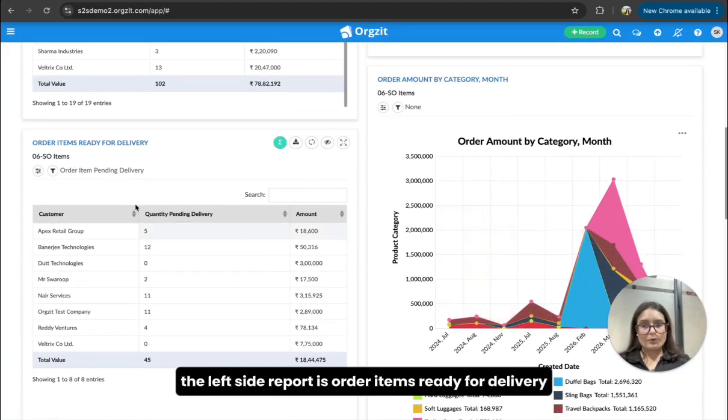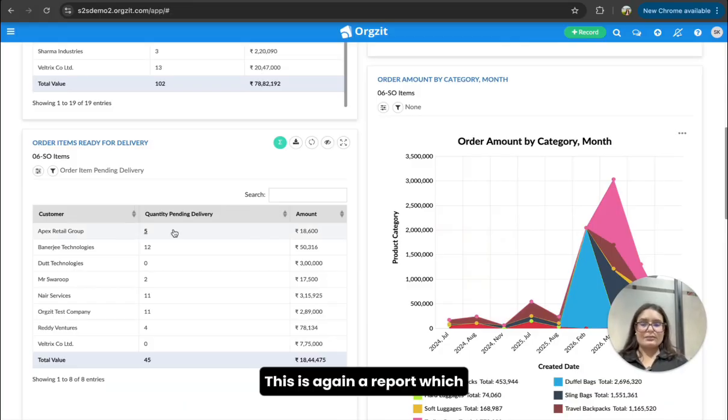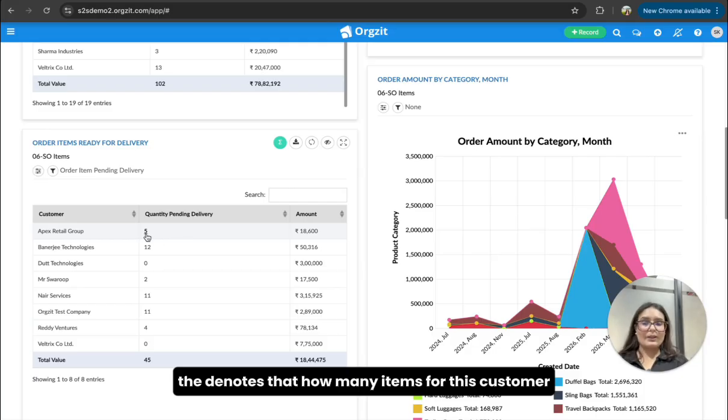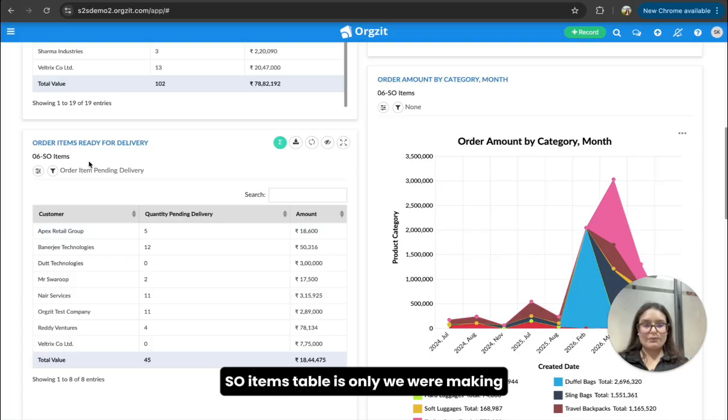The left side report is order items ready for delivery. So this is again a report which denotes how many items for this customer and what total amount for this customer is ready. You remember the status that we just made the items ready. So this report is also being generated from SO items. In the SO items table only we were making the individual line items ready.